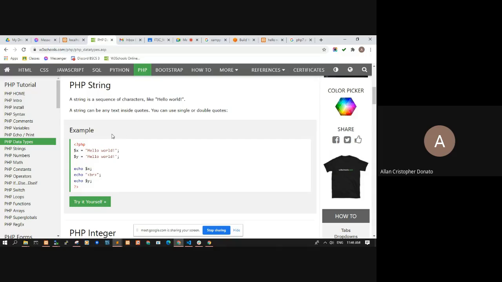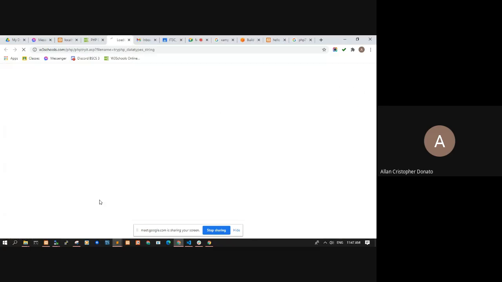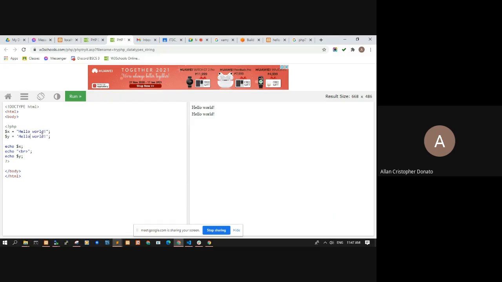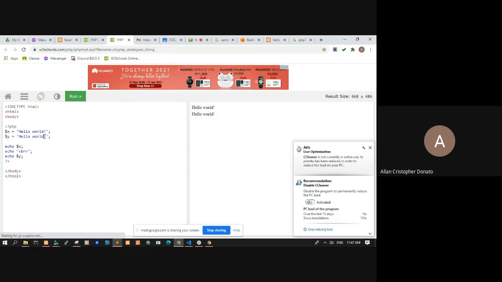So string can be enclosed using double quotation marks or single quotation marks. Take note that you can use double quotation marks if you enclose the string in a single quote. Okay, for example, what if gusto nyo maglagay ng apostrophe S here? If you are using single quotation marks, you can't do that by just using the single quotation mark.